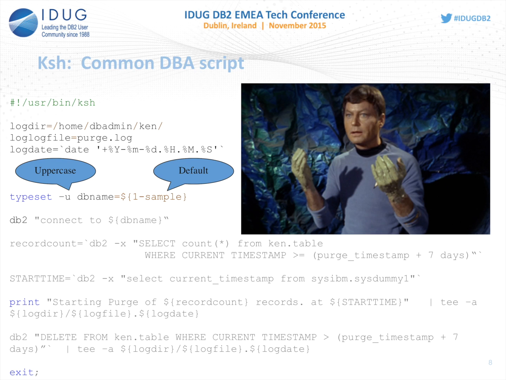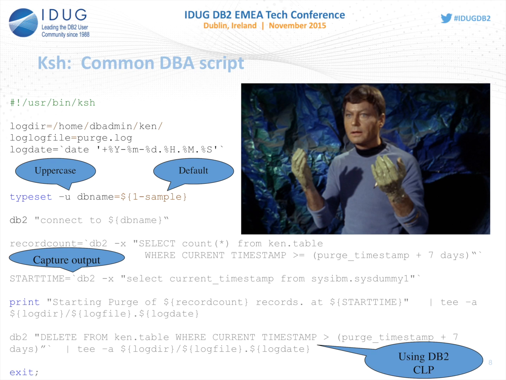I also wanted to point out that what we're really doing here is running with a backtick. It's shelling out from Korn shell and running the command in the background and capturing the output and stuffing it in the variable, which is fine as long as you get back what you expect to get back and your variable ends up with what you expect. And I want to point out that we're using the command line processor of DB2 here when we do this in Korn shell. One question, where does the purge timestamps comes